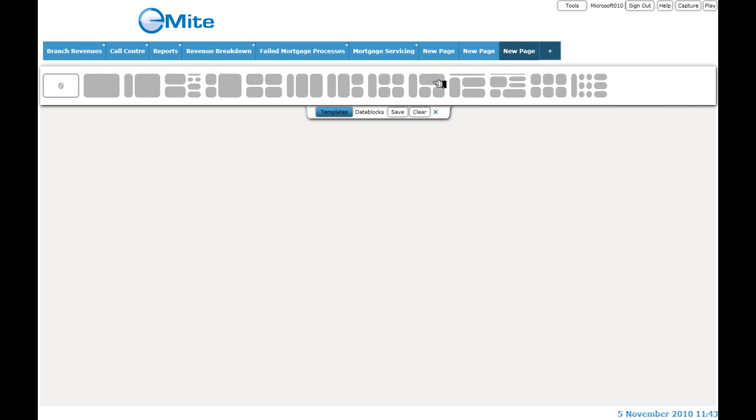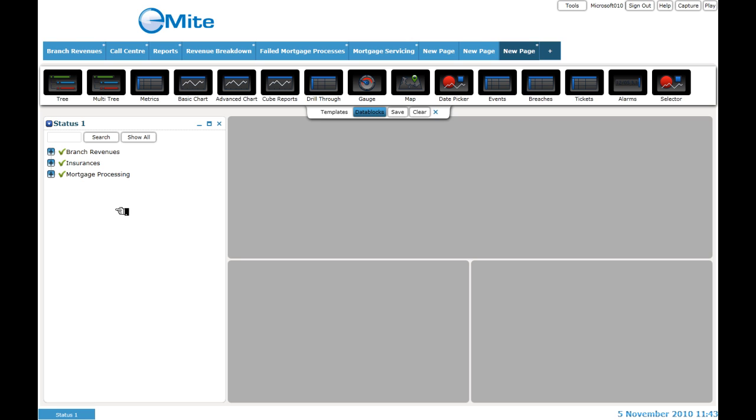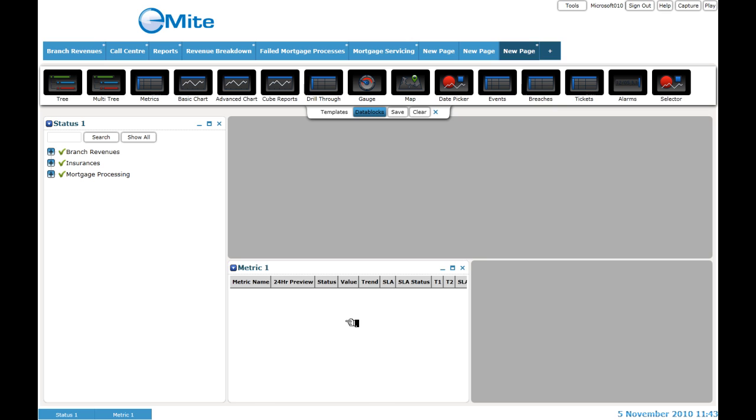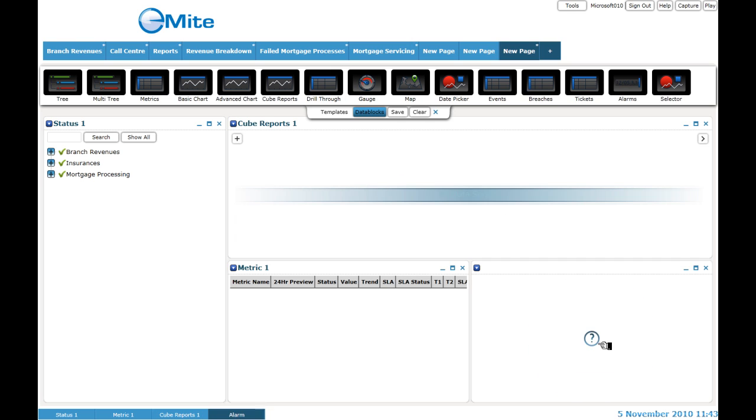Building a chart in eMite is quite simple. Given the right administration rights, you have the ability to firstly decide the template that you would like to view your data on. Once you've done that, it's more or less a means of just clicking and dragging and dropping the visual components that you would like viewed on your screen. So you can see here I've chosen a tree view. I'd like to view the metrics that I'd like represented in my dashboard. Perhaps I'd like to build up a cube report to provide me the information